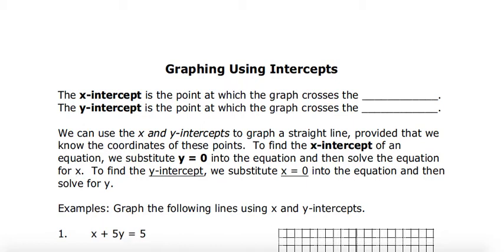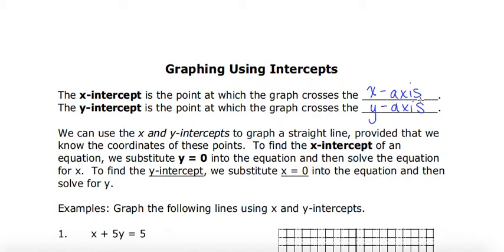Using intercepts. The x-intercept is the point at which the graph crosses the x-axis, while the y-intercept is the point at which the graph crosses the y-axis. We can use the x and y intercepts to graph a straight line, provided that we know the coordinates of